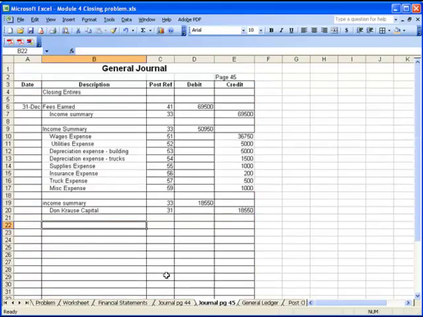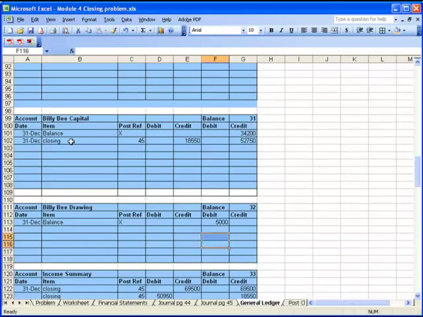And so if we go here to our journal entries, we're going to debit Don Kraus capital for the $5,000, and we're going to credit Don Kraus drawing for the $5,000. And if we go ahead and post that, our capital account, it's a closing entry. It's a debit of $5,000. That makes the new balance in our capital account, $52,750 minus $5,000 is